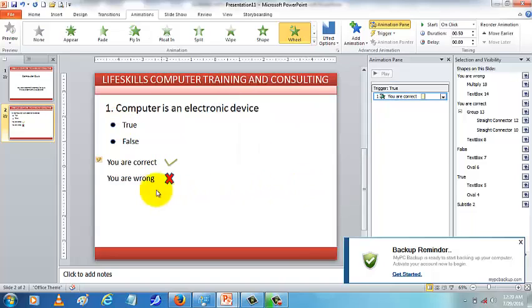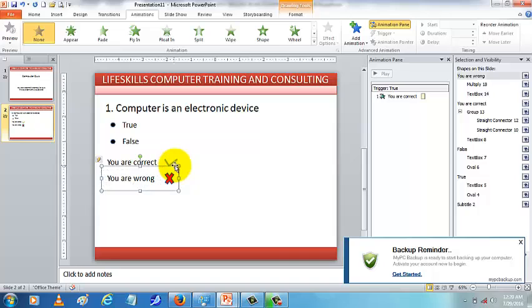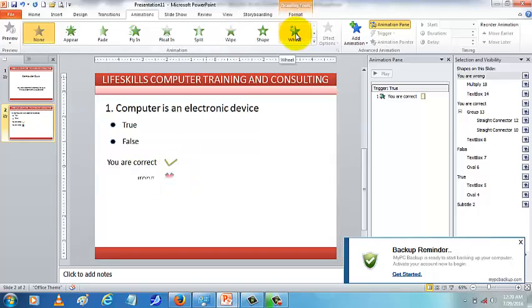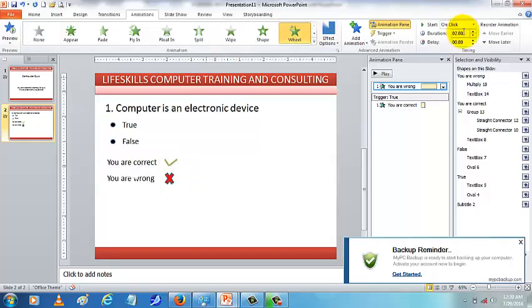So that is that. So we click on "You are wrong" and set animation for it. Let's click wheel and let's set the time to 0.5 seconds. So you can see that the symbol 1 is appearing, but this one has changed from 1 to something like a trigger. This is a trigger symbol, but this animation symbol 1, you should be familiar with this. You have been using PowerPoint and animation. So this is the symbol of animation. No trigger has been applied for "You are wrong."